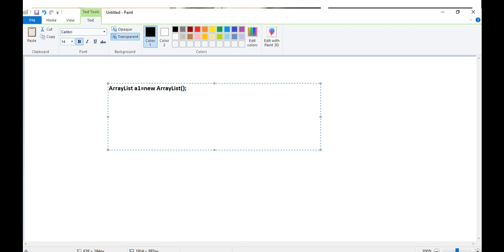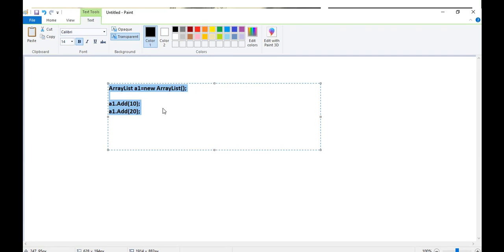This collection class ArrayList will provide you a built-in method called Add. So what I will do: a1.Add(10), a1.Add(20). Right now I'm just taking ArrayList as an example. Do remember, there are multiple classes available in non-generic collections.